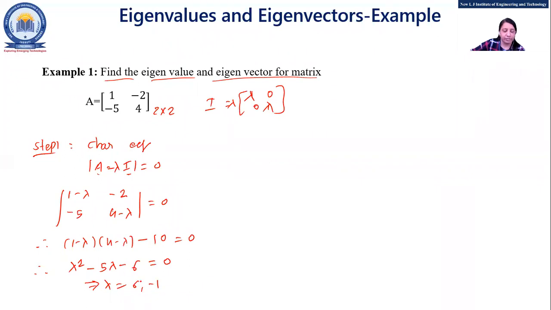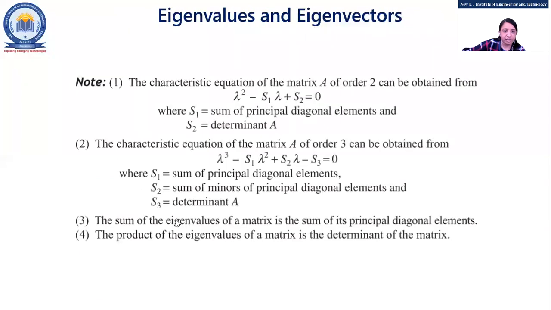These are the 2 lambda values. Now see, if your matrix is a 3 cross 3 matrix, listen carefully now, if this is 2 cross 2, it will be easy. But if your matrix is 3 by 3 or 4 by 4, then which method are you supposed to use? For that, first we'll go for this method. I'll show you that slide in between and then we'll come back to the example.